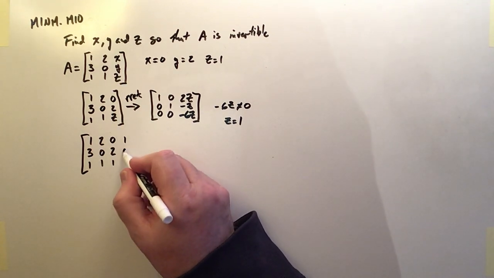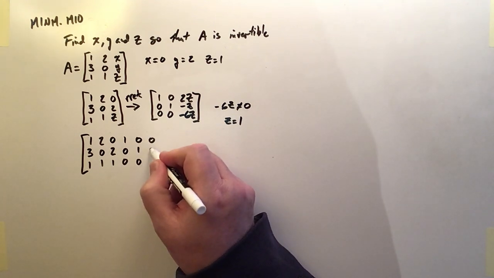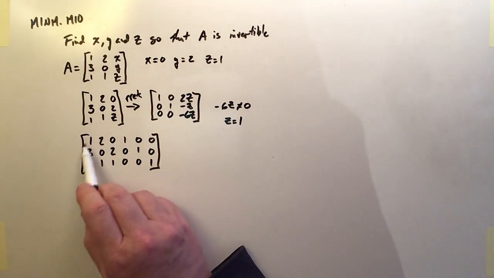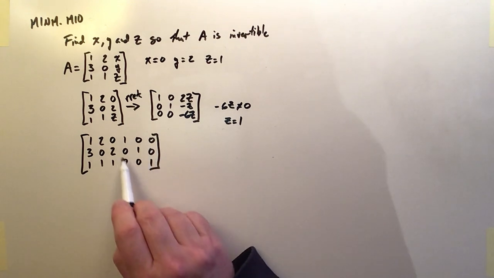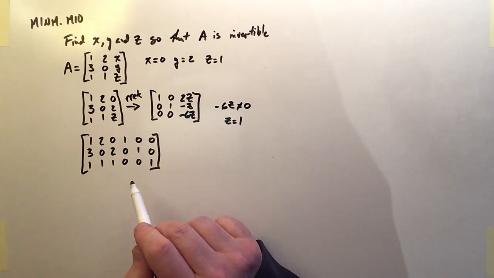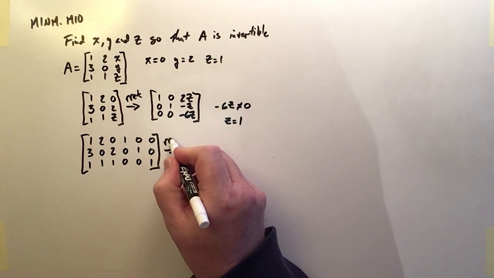So this will be 1, 0, 0, 0, 1, 0, and 0, 0, 1. This is that technique where turning this into the identity matrix then turns this guy into the inverse of A. So when I RREF this guy,